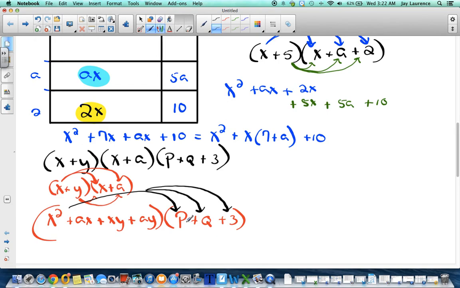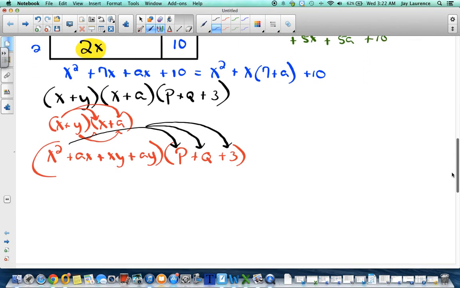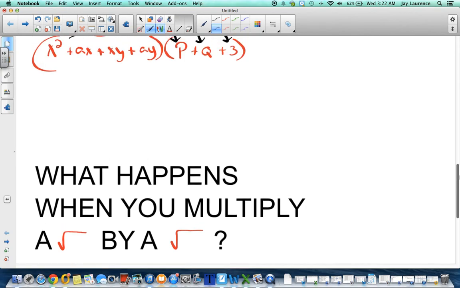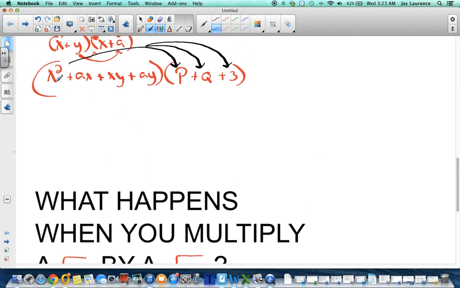Then I'm going to distribute the xy, and then the ay. All right, so let's see here. It's going to get a little bit long. I'll try to organize everything. So the x squared, so I'm going to get a px squared plus a qx squared plus a 3x squared, right? Then I'm going to get an